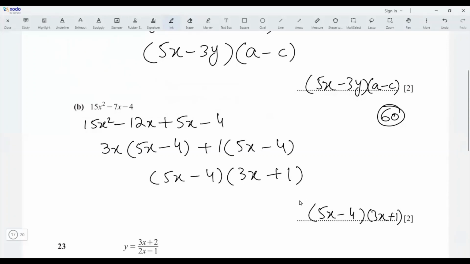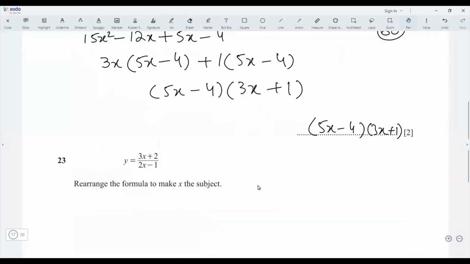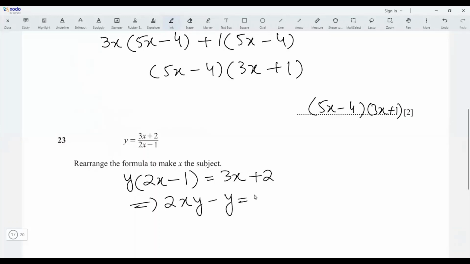So what about the next question? In the next question, it is given as y equals (3x plus 2) divided by (2x minus 1), and we have to make x the subject. There are two x's involved here. So first of all, we have to cross multiply in order to get x onto one side of the equation. The very first step is cross multiplying. y times (2x minus 1) equals 3x plus 2. Now open the brackets. It will be 2xy minus y equals 3x plus 2. Bringing x onto one side of the equation, so bringing that x onto the other side, 2xy